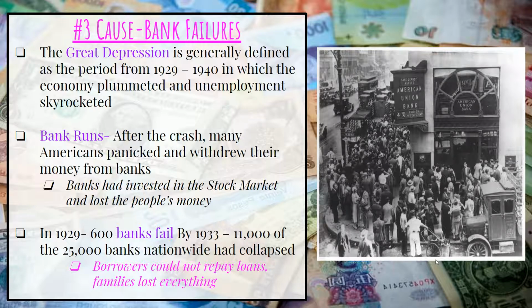People are thinking, we're going to lose all our money. I'm not going to have any money. And back then, we were not insured to put our money in a bank. So people began bank runs and they began running to the banks in an effort to pull all their money out. Well, if you pull all the money out of banks, they don't have money to loan to other people in order to buy homes or buy cars.